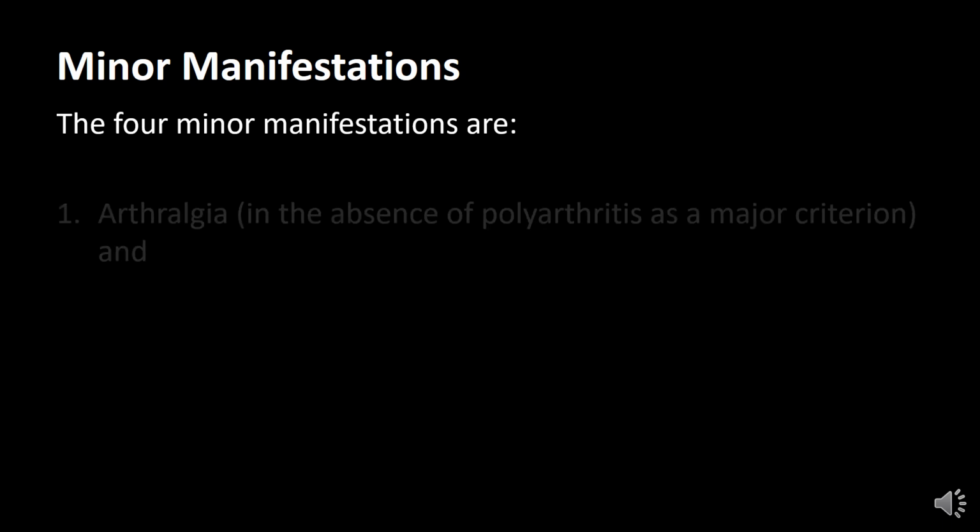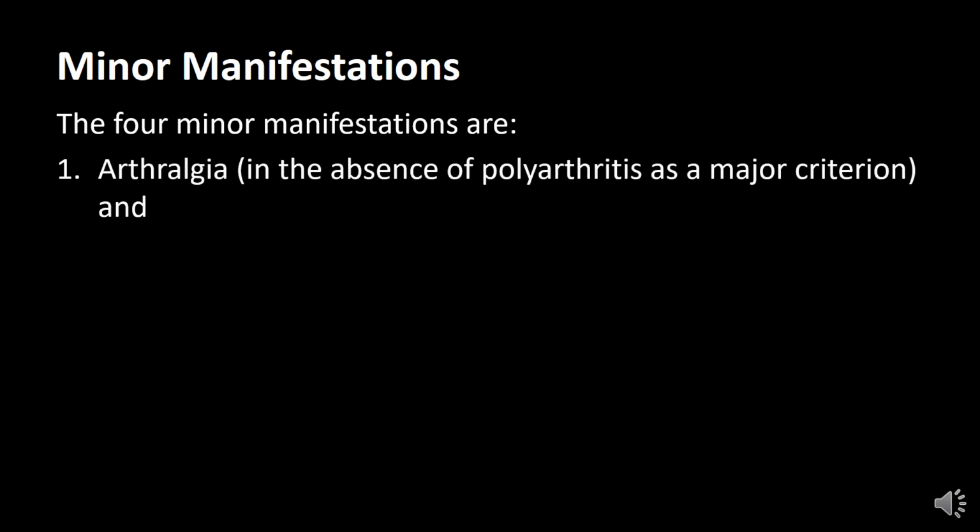So far, you've seen of the major criteria, the 5 of them, it is the only one leaving behind serious consequences or sequelae. We've talked about erythema marginatum. We've talked about subcutaneous nodules, and also we've talked about chorea. And again, chorea, while it may look very dramatic, thankfully it does not leave serious sequelae. Now, let us look at the minor manifestations. We said there are 4 of them.